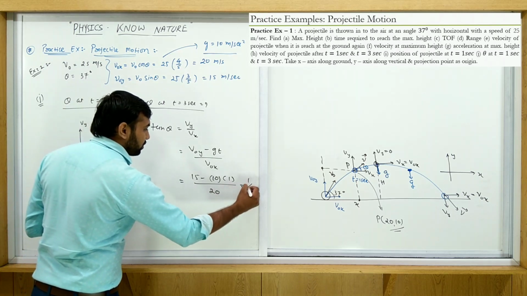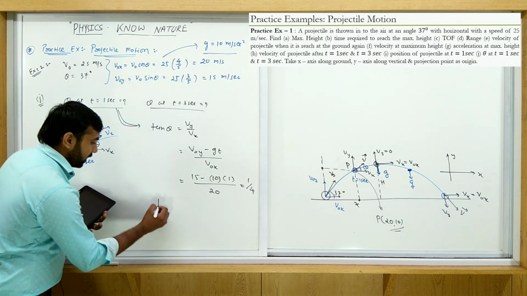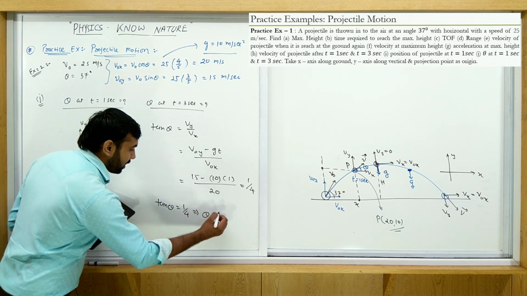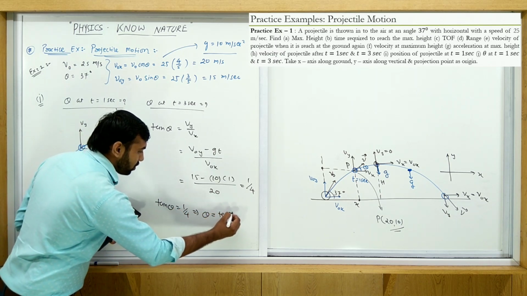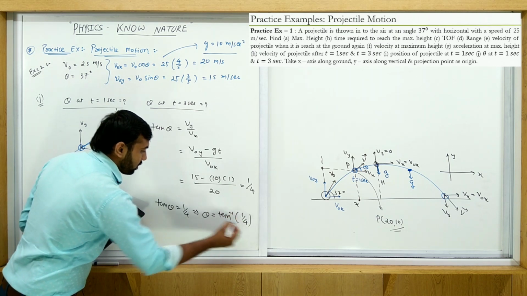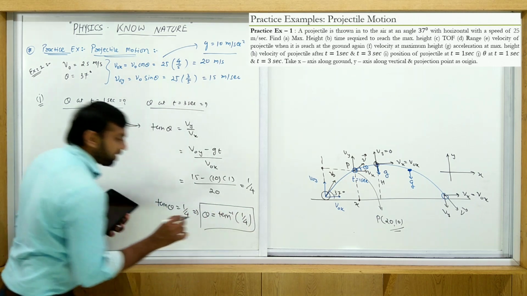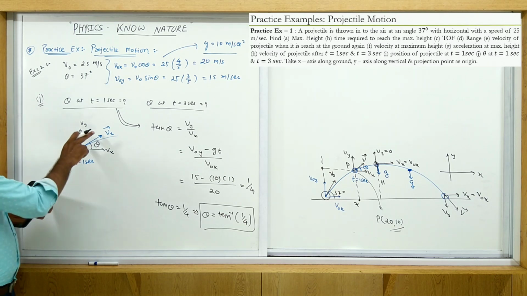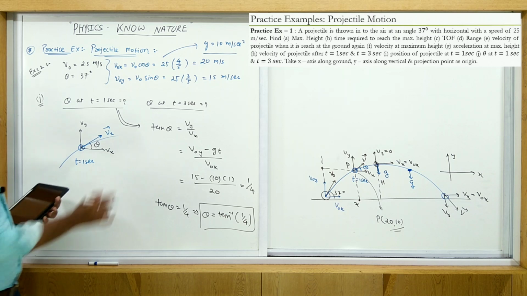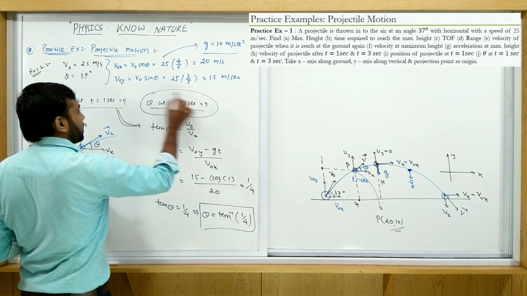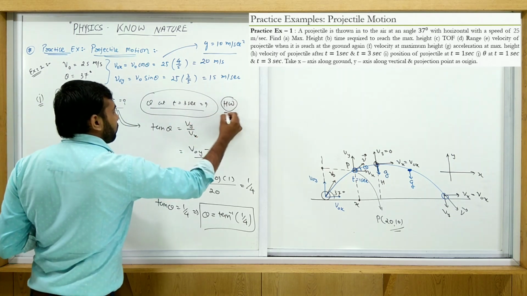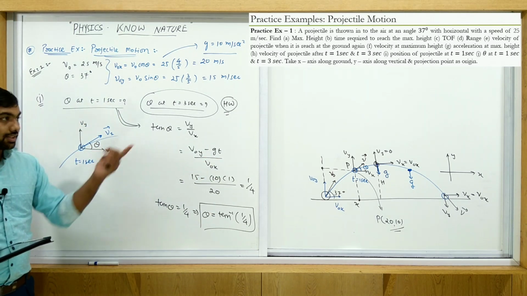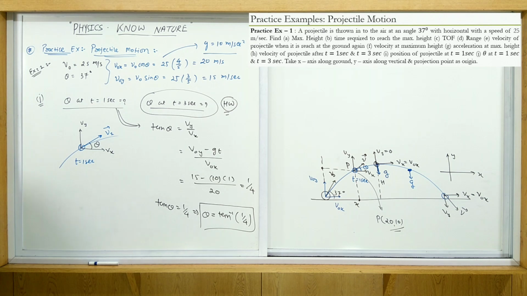It means his answer is what? 1 upon 4. It means tan theta is equal to 1 upon 4. Then theta is equal to tan inverse 1 upon 4. This is the angle with the horizontal. Okay, the angle of the velocity with the horizontal. In a similar way you can get this answer, so this second one is homework. Okay, so all of you guys note everything, and then after you say all this answer here. Okay, note this.